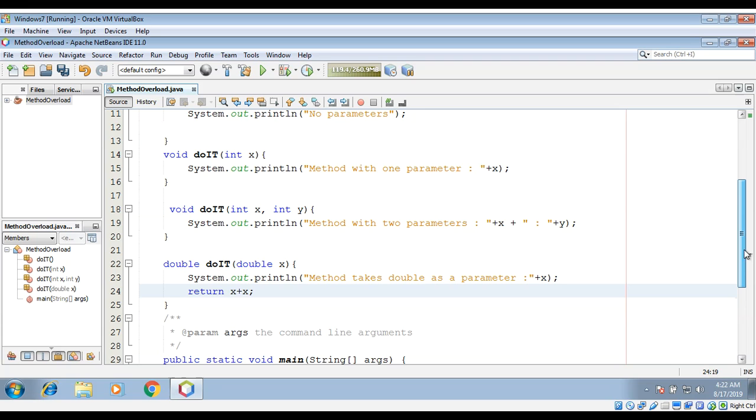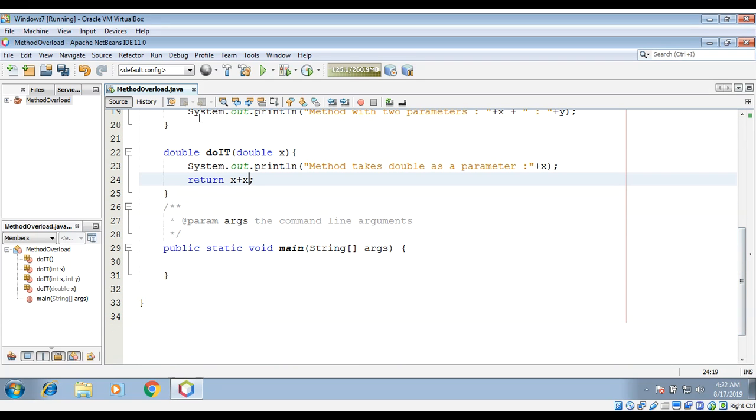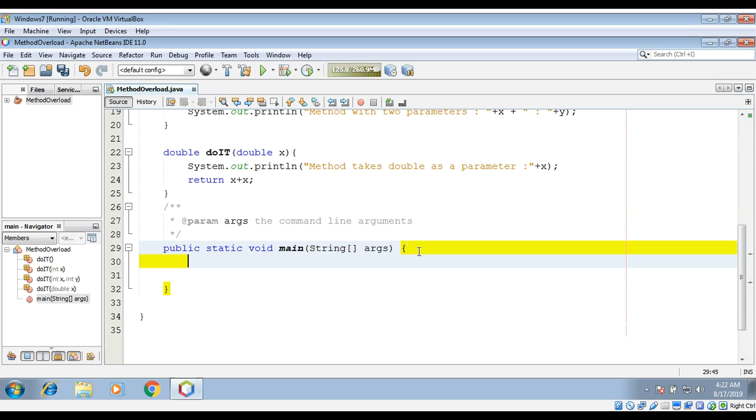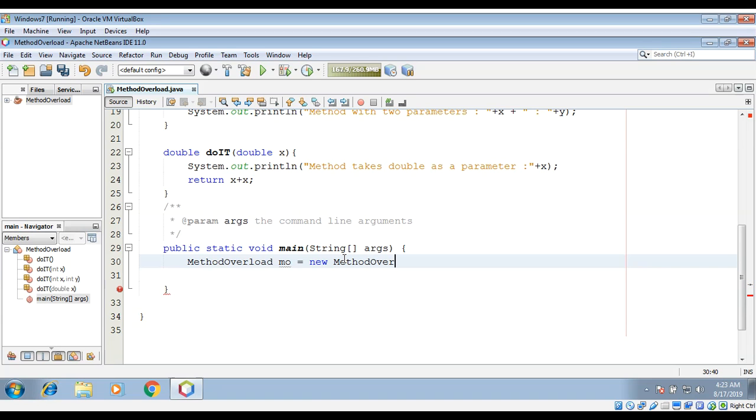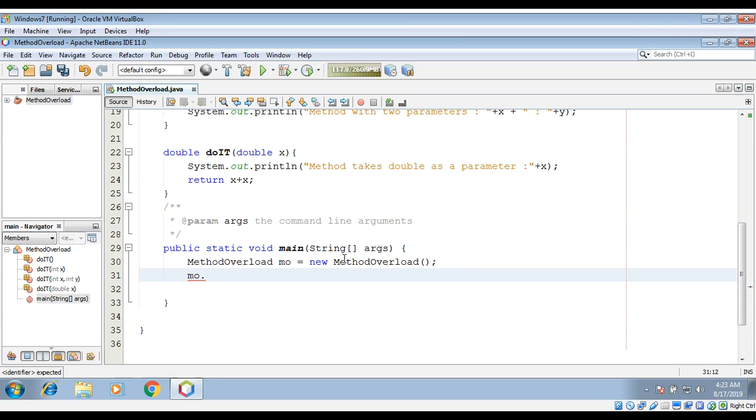Now, in our main function, we can create an object of our MethodOverload class and test this function. It's going to be MethodOverload, new MethodOverload. Now first I will call the doIt function without any argument,